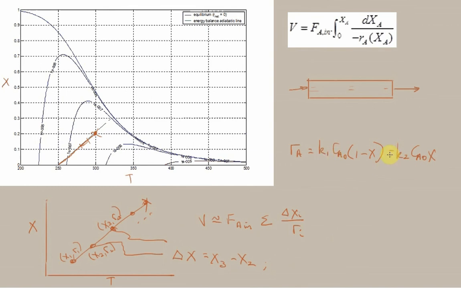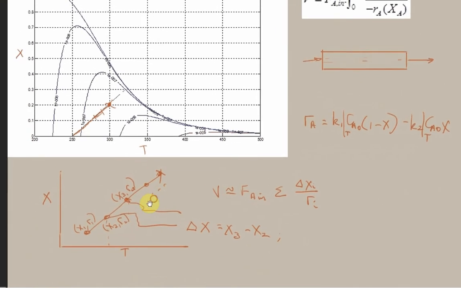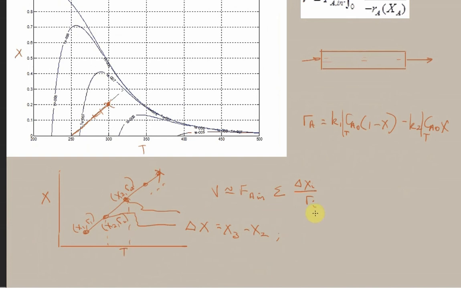So remember, that's a function of temperature. And we can look up these temperatures here. And in this case, you see we are trying to evaluate the rate down here. So in this region, we need to approximate this 1 over Ri. And we don't want to use one of these points. We want some average rate over this space here. And perhaps an approximation that we could use there is take the average temperature over this range and the average